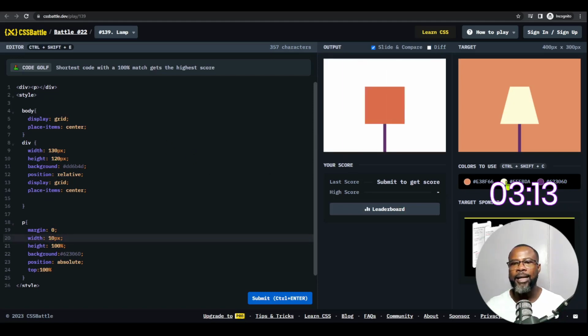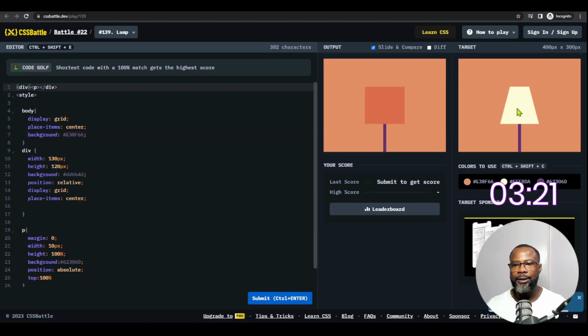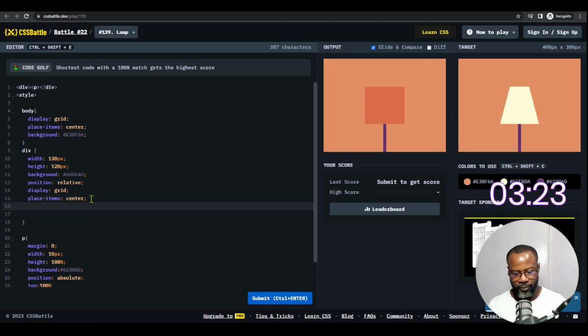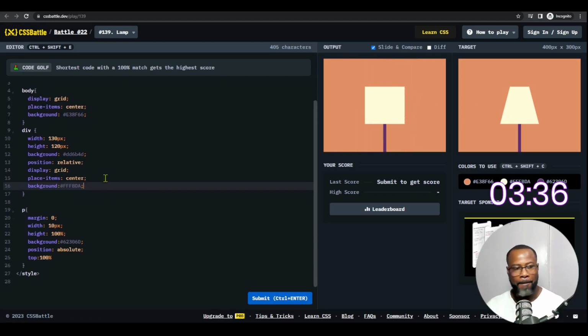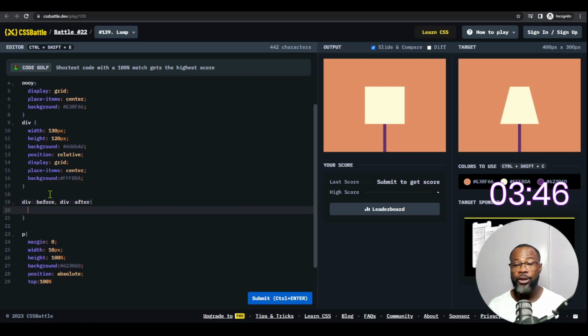So let me just do my colors. The background is gonna be that for the body, and then the lamp is gonna be that color. That's the div. Okay, so now I need something here and here. So what I'm gonna do, I'm just gonna do the regular before and after. Okay. So for the div, I'm gonna do before, comma, div, after, and it's already positioned relatively, so this can